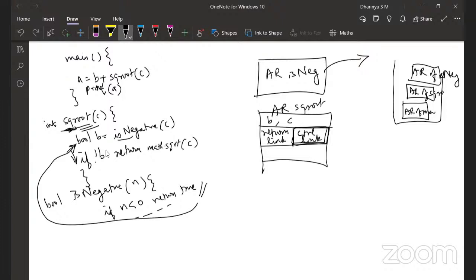Yeah, absolutely. So control link has the information like the memory location of that method. Generally we say control link means some pointer to some memory location. Depending on the implementation of how the JVM or the operating system does it, it could be another pointer, it could be another pointer. All that you have to understand is the control link gives the information as to where the program execution control has to be transferred back to.